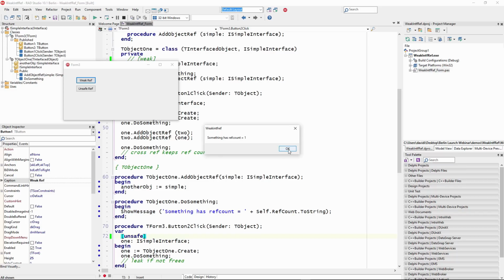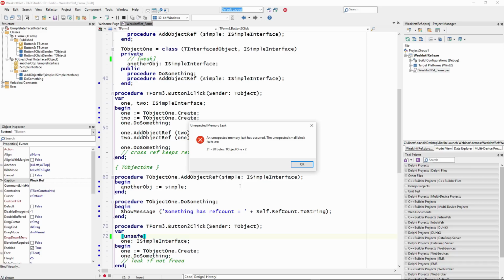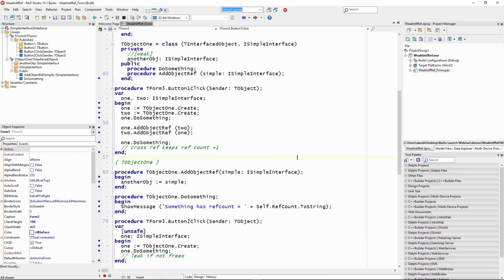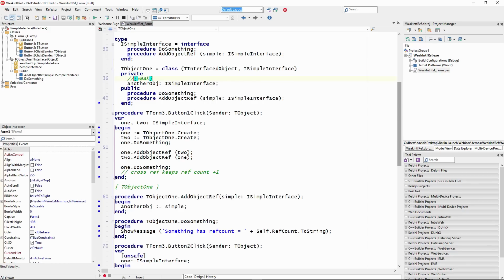So the reference count initially 1 goes up to 2, and then remains at 1, and we know it because when we close the running program, we have a memory leak. Not surprisingly, because this creates a cycle. Now, if we say that the reference between the two objects is a weak reference, it's a managed reference, this,